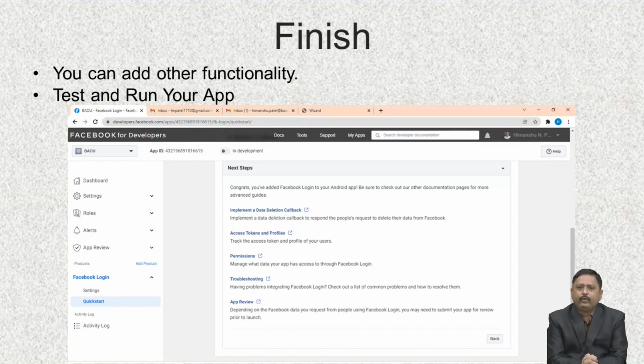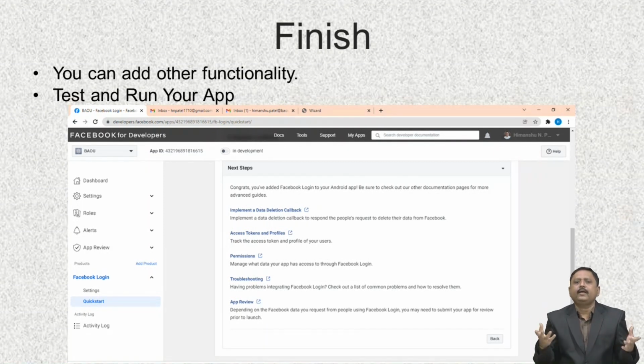Now you can add other functions. Here we have just considered login onto a Facebook account and accessing the profile name and profile picture. So this functionality is limited to login to a Facebook account and accessing its profile name and profile picture, right?